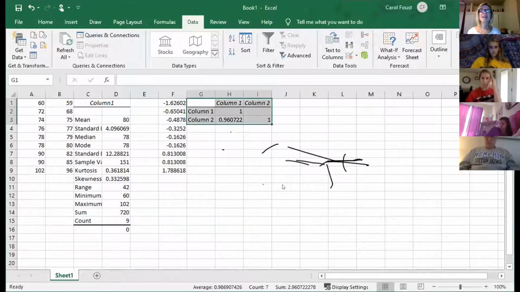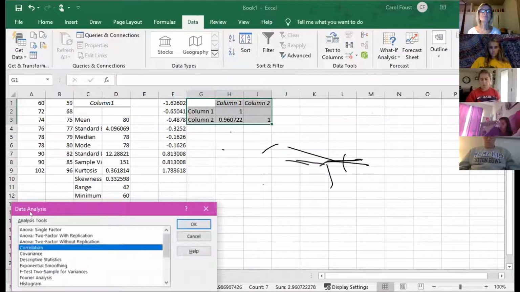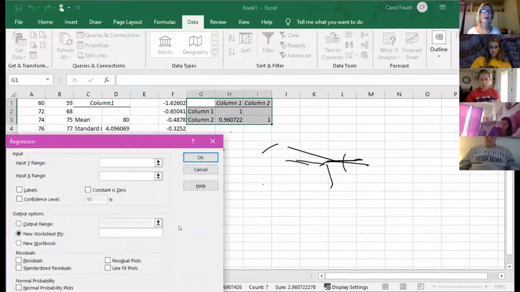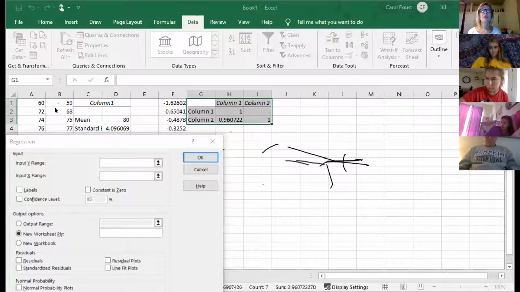So I would go into my data analysis. I would go to my regression, okay? And I already have my midterm scores, so I would be trying to predict my final scores, okay? So when I do a regression, I'm trying to predict possibly my final from my midterm, okay? So the final scores are going to be